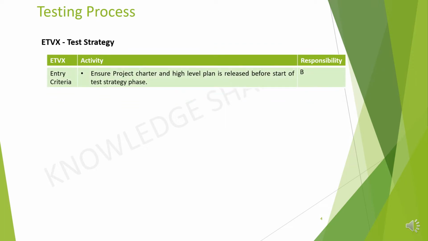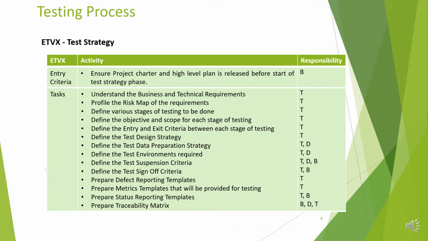Entry criteria: ensure the project charter and high-level plan are released before the start of the phase. In tasks, activities like understand the business and technical requirements, profile the risk map of the requirements, define various stages of testing to be done, define the objective and scope for each stage of testing, define the entry and exit criteria between each stage of testing,